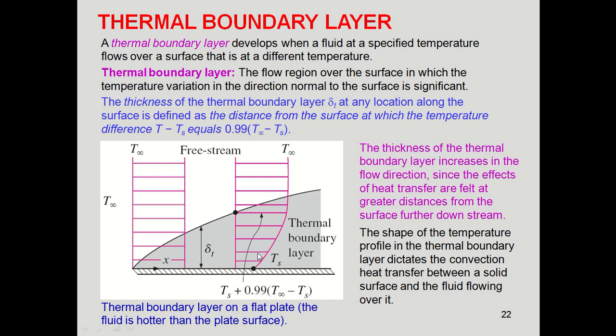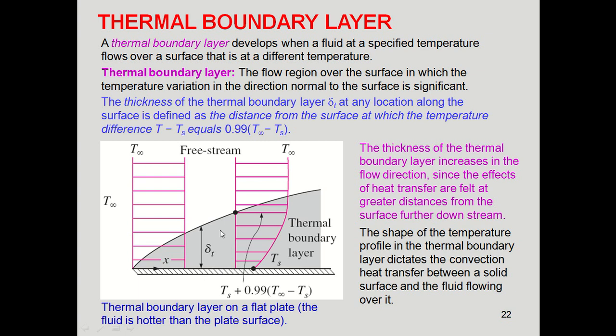Okay. Then due to the convection heat transfer, if you consider T infinity is higher than Ts, then what will happen? Due to the heat transfer between the first layer and the second layer, the temperature will be somewhat higher. Or when fluid is flowing at a higher temperature over this solid surface, then obviously due to the heat transfer, the temperature will decrease from the free stream temperature down to the surface temperature, because the fluid temperature is always the same as the surface temperature due to the equilibrium condition.